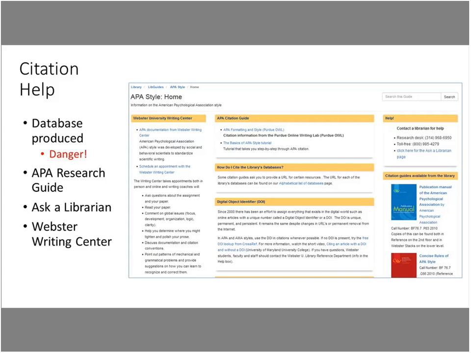You may also schedule an appointment with the Webster Writing Center. So if it's been a while since you've written a paper and you want someone to give you some ideas, you can schedule an appointment or you can submit it online, and they will look at your paper. They won't proof it for you, but if you're making the same citation mistakes, they will tell you which ones they are and how you need to work on fixing those, and they will give you some help if they think that your paper could be stronger. They'll help you with that as well.